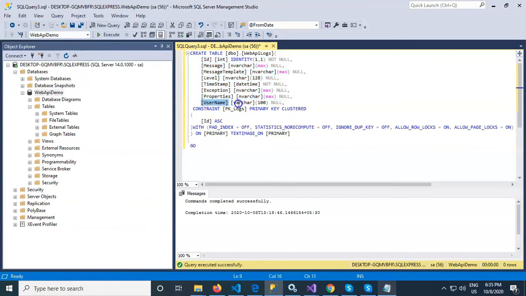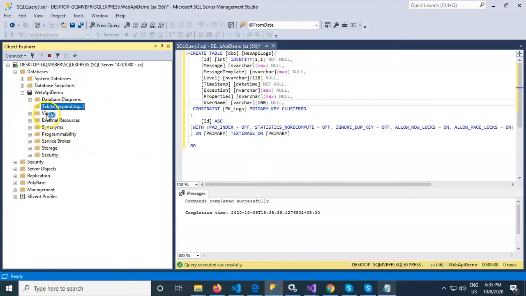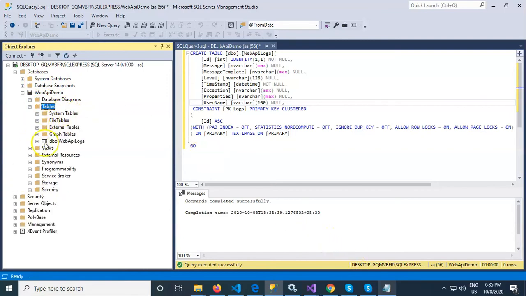I have added a new custom column Username here, so I can log username into the database. You can also create new columns as per your requirement. So let's create this table here in the database. Okay, I have created WebAPILogs.